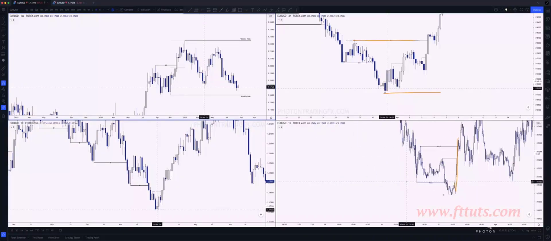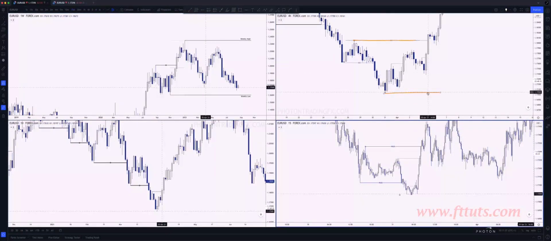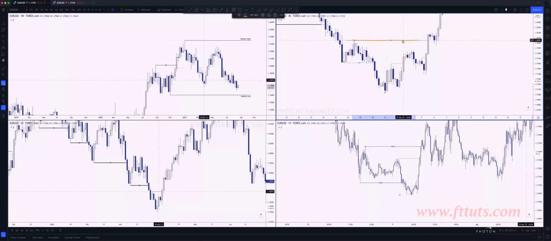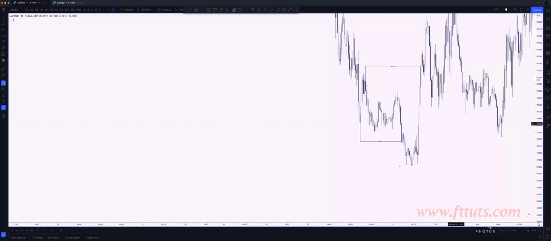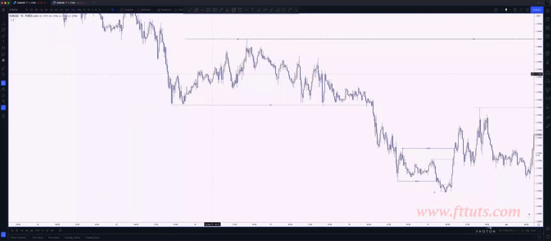Because if you're looking at, let's tidy this up a little bit and get rid of these lines. If you're looking at the 15-minute chart to tell you when the weekly high low is going to be forming, right? The minute that we break through the EQ and we're within discount prices, and you're saying to yourself, okay, the weekly's bullish, I want to try and catch that weekly high low. If you're just sitting on the 15-minute and you're trying to look for every change of character or even bullish trend change, right? It's going to happen a lot, and you're going to keep taking losses and losses or a